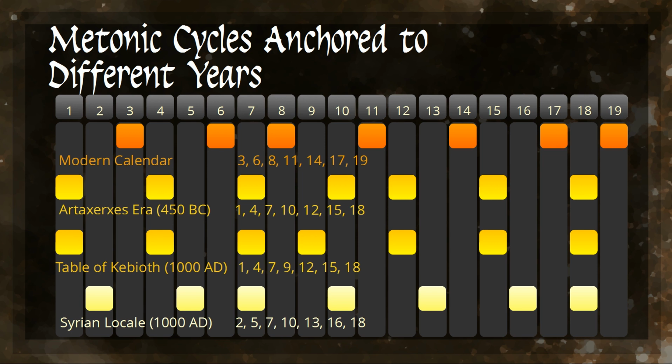The previous presentations revealed that there are several Metonic cycles which have been in operation over the millennia. Each is a 19-year cycle. However, the start of each cycle is anchored to a different year. Viewing the chart, it might look like just a random order. However, that is not the case. The fact that these different cycles exist is not at all common knowledge. The reason why these patterns look like they do is even less well understood.